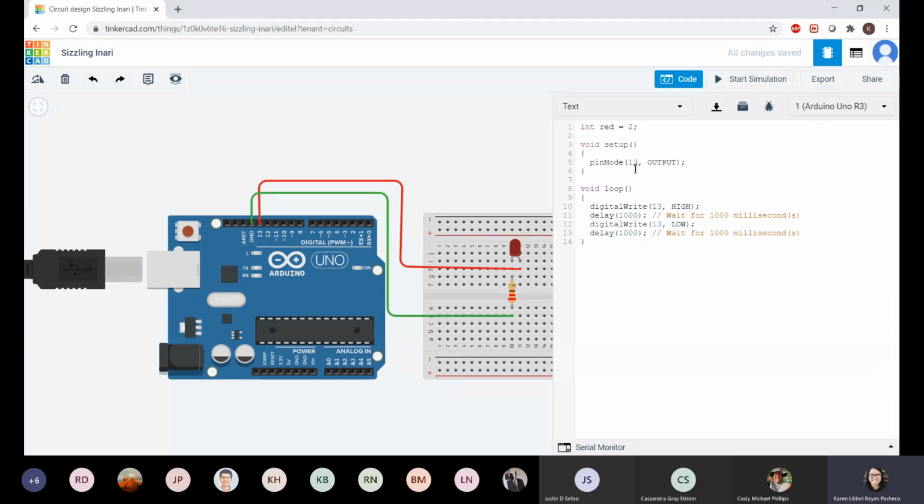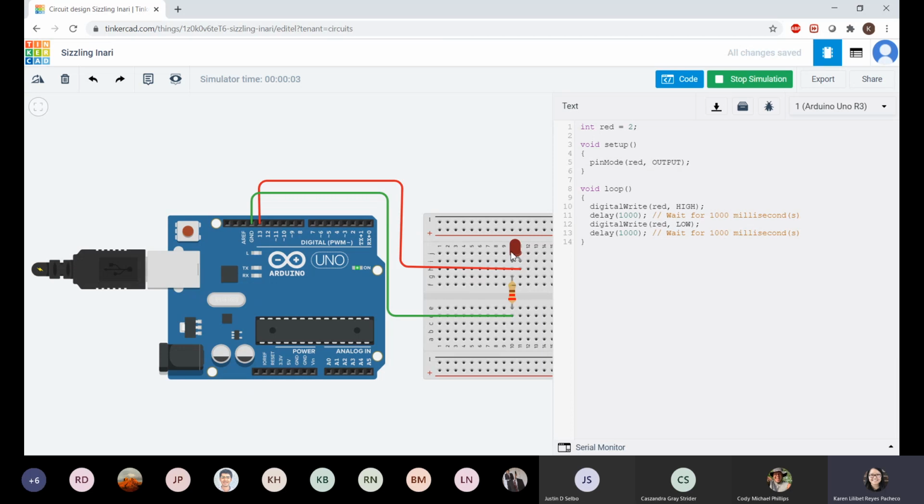Now, instead of this 13, we are going to replace it by the name of the new variable, which is called red. Everywhere where it's 13, we are going to call it red. And once again, red. And our code should run, right? If I press start simulation,